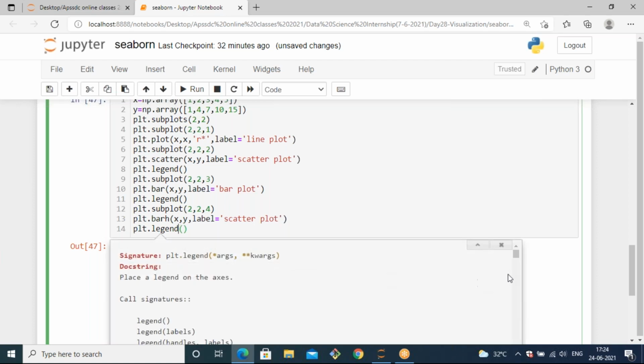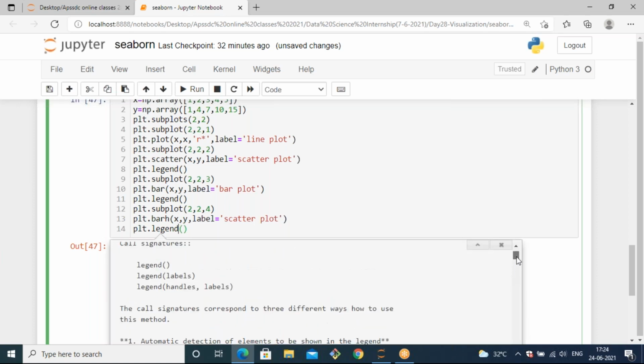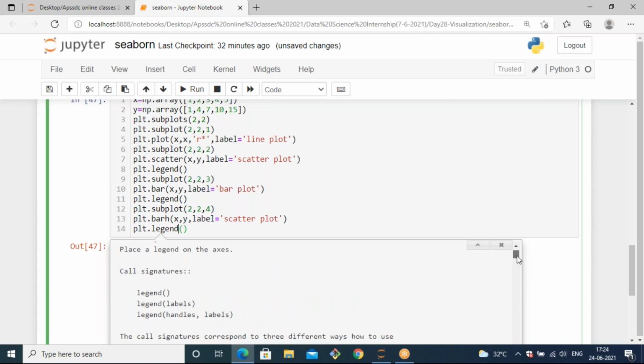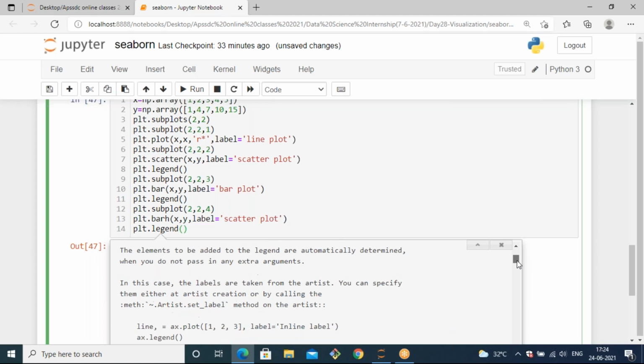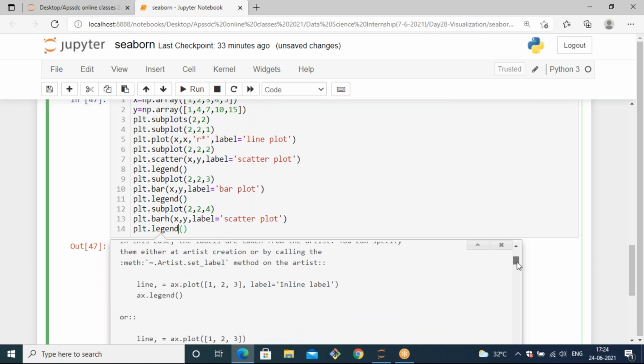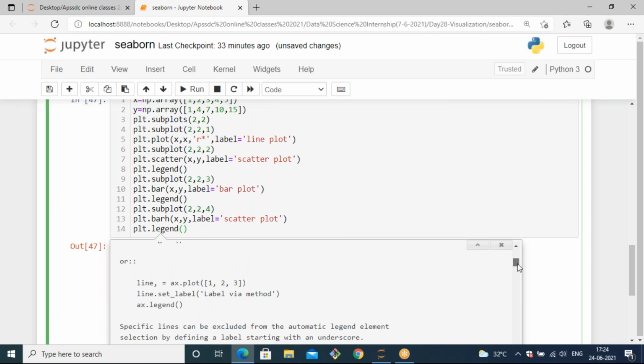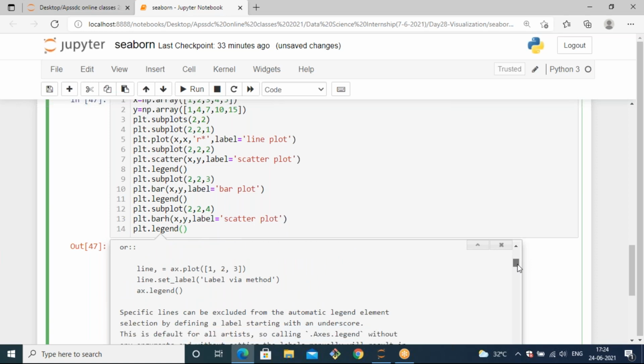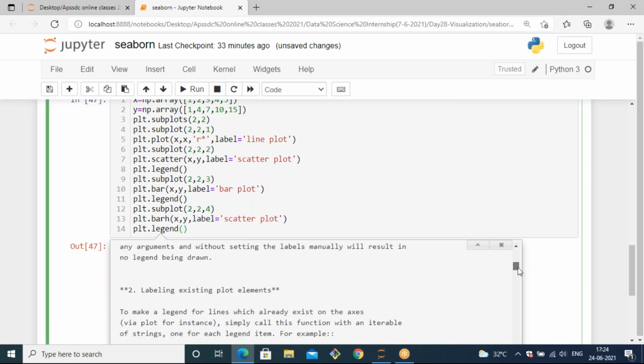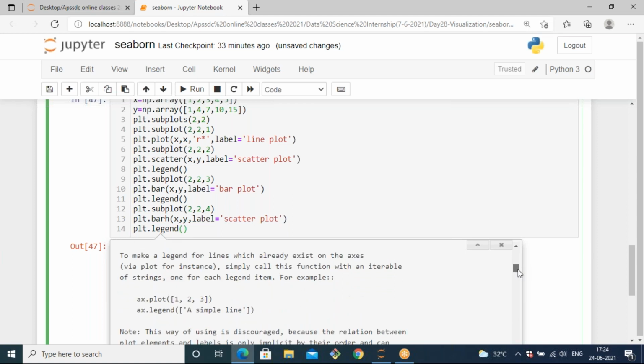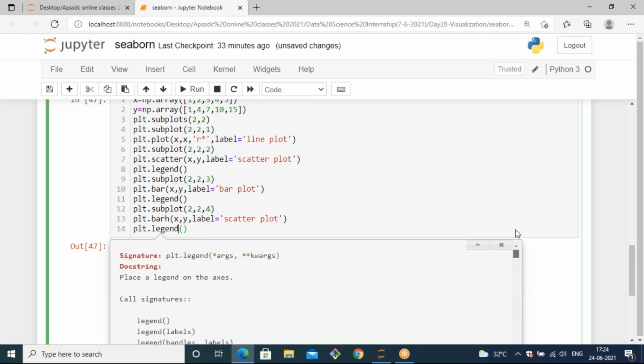So you can pass legend equals to labels on the top or left, or you can specify those labels here by using the legend method. So place a legend on the axis.